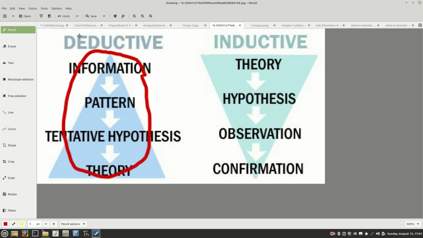Over here on the other side, you're trying to figure out your theory. Over here, you have your theory, and you're trying to test your theory. So over here is where you do your experiments. Over here is where you're doing the observations to come up with a theory. So that's a good way to think of this: coming up with a theory, and this is testing your theory. So you have a hypothesis and observation. It means you probably did an experiment here, and after you observe the results of your experiment, then you have confirmation that yes, indeed, it did what I wanted, or it did not, and you can say that your theory was correct.